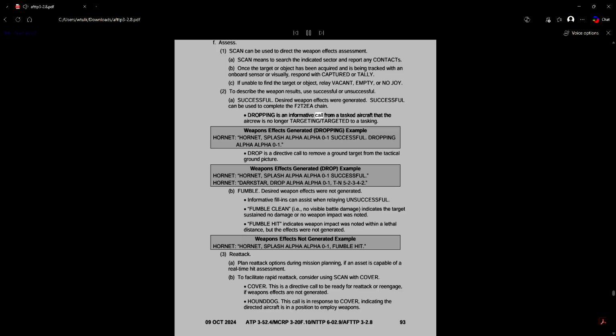Dropping is an informative call from a tasked aircraft that the aircrew is no longer targeted to a tasking. Weapons effects generated. Dropping. Example: Hornet, splash Alpha Alpha 0 to 1 successful. Dropping Alpha Alpha 0 to 1. Drop is a directive call to remove a ground target from the tactical ground picture. Weapons effects generated. Drop. Example: Hornet, splash Alpha Alpha 0 to 1 successful. Hornet, Dark Star, drop Alpha Alpha 0 to 1,